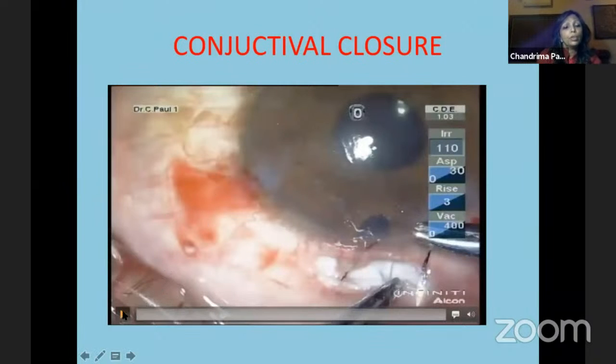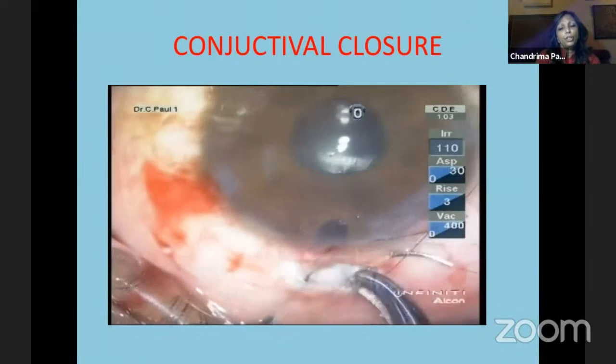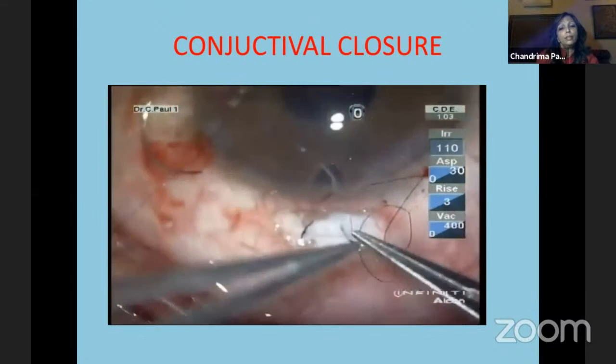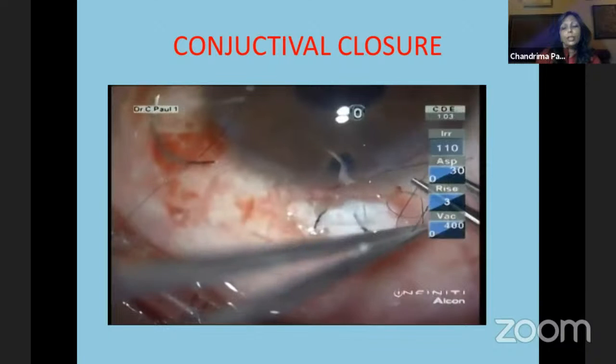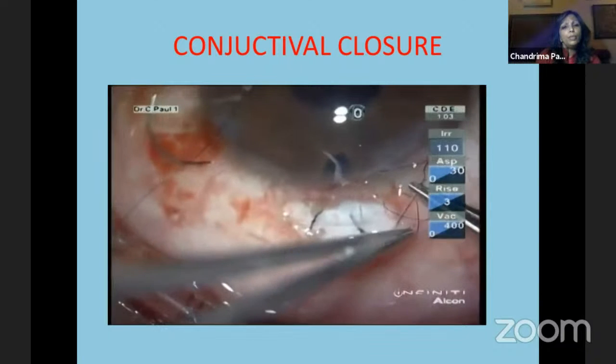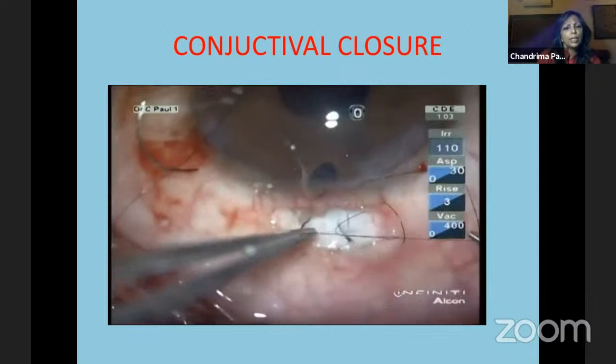The conjunctival closure is done with a round-bodied needle, not a cutting needle. Make sure that you don't injure the conjunctiva when you are sewing it up. So with that, you will finish off with trabeculectomy, just a small clip on phacotrabeculectomy, because that's what we do